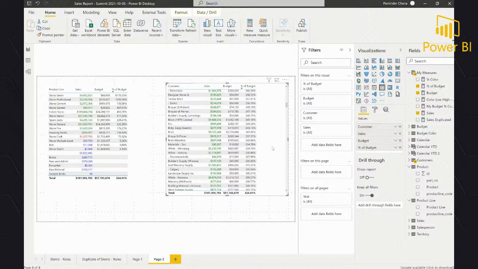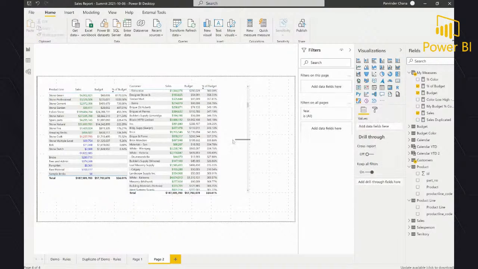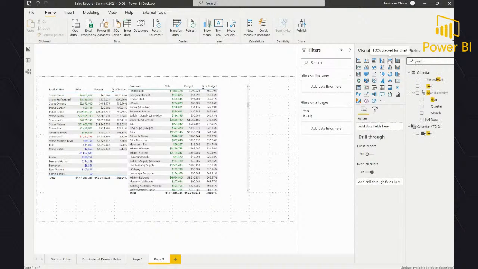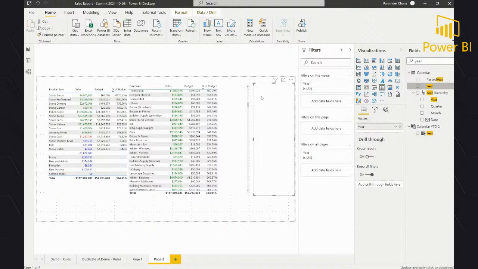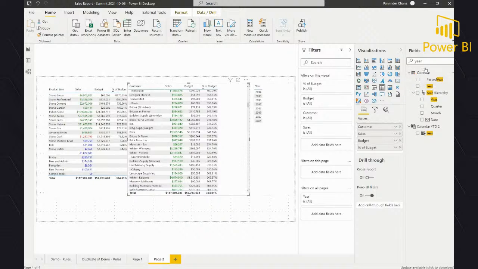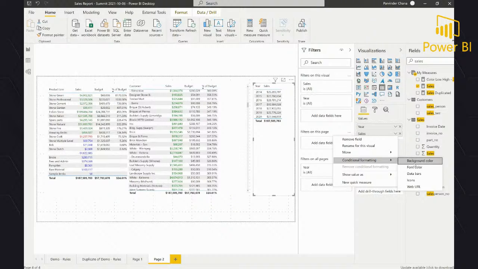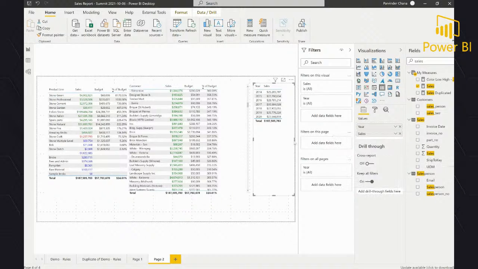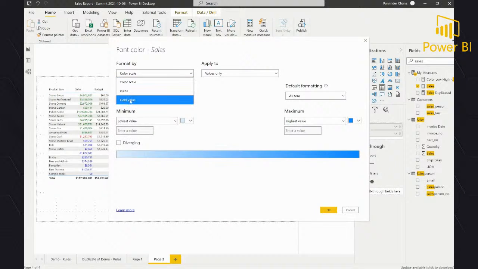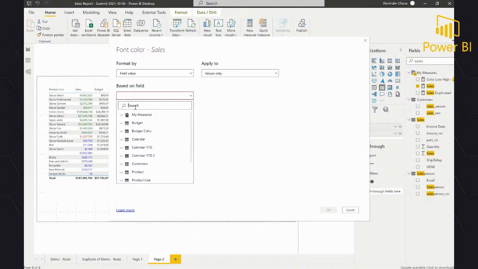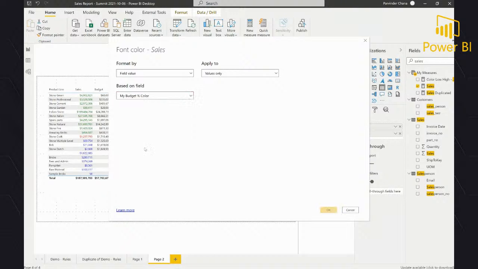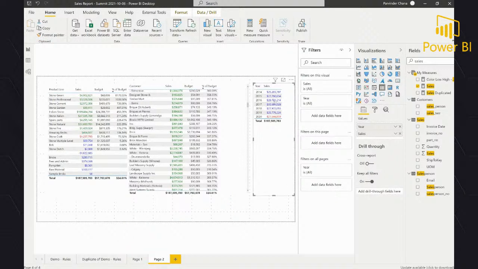Like okay, anything when you're looking at as a report, like showing the sales by year. Now, for example, if I'm showing the sales by year, and let's put the sales here. The same rule I can apply here, okay, and if I needed to, so same stuff, I go to font color and field value and my budget color, boom.